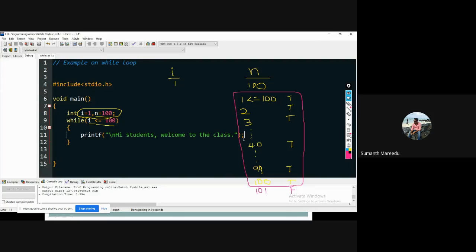So after printing every time, I'll increment my I value. Initially I have taken the value of I as 1. When this condition becomes true, I will display this statement on the screen by using that printf, and then I'm incrementing the value of I by 1. I plus plus means it increments by 1, right? So then I becomes